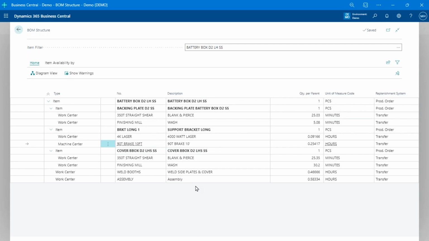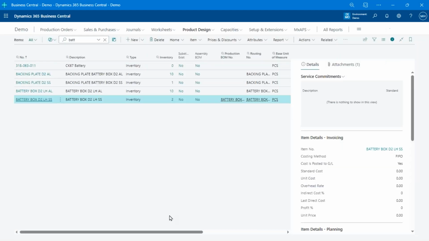Now, in your environment, if you have your routing set up so that we're scheduling at the work center level, like you've got everything at the work center level and you've got your expected times and all that kind of stuff, MX will probably work out of the box for you without a lot of engagement from us at all, right? So if you've got standard routings and they're in good shape, you could probably just run the setup wizard for MX APS, run the schedule, and away you go. Okay, but this is what we're doing here.